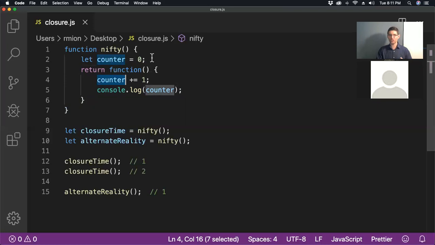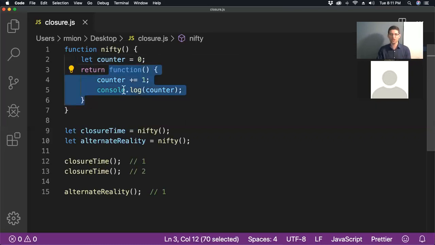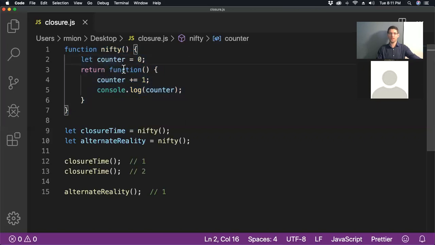Because by now it should have been garbage collected, and counter should have only been available within the scope of Nifty. So here we are in this function that was returned, removed from the scope of Nifty, and it should know, like, this should be an error.